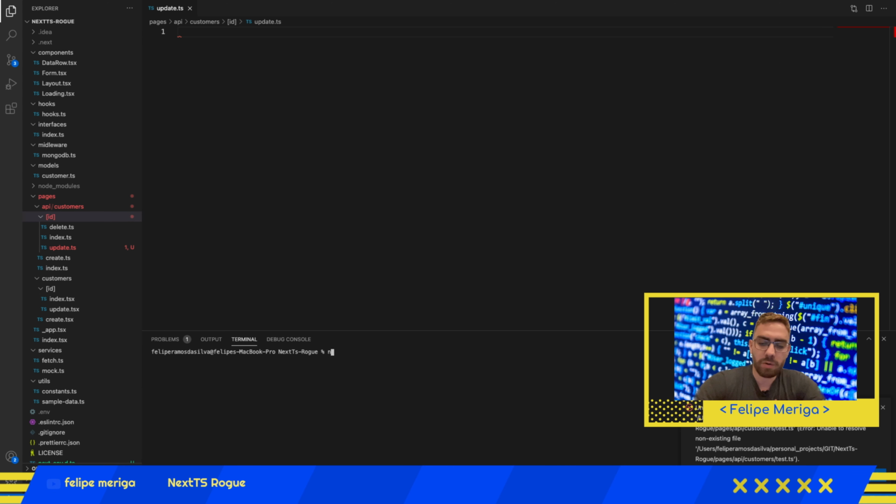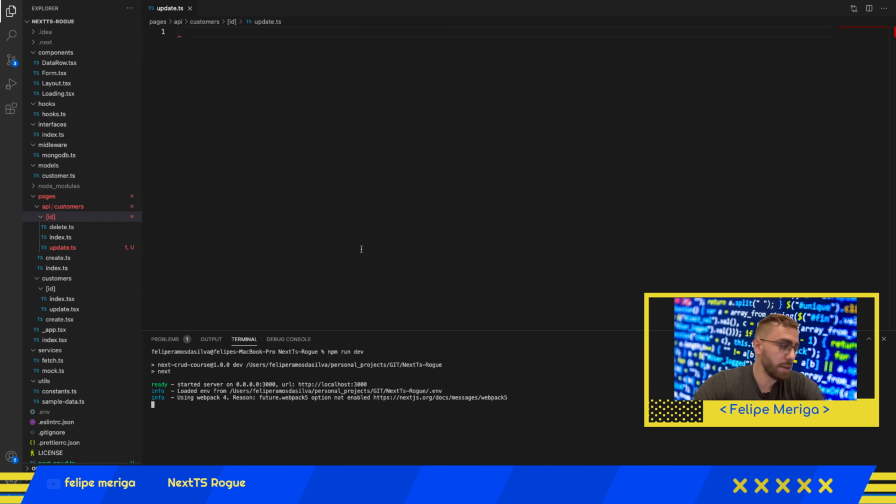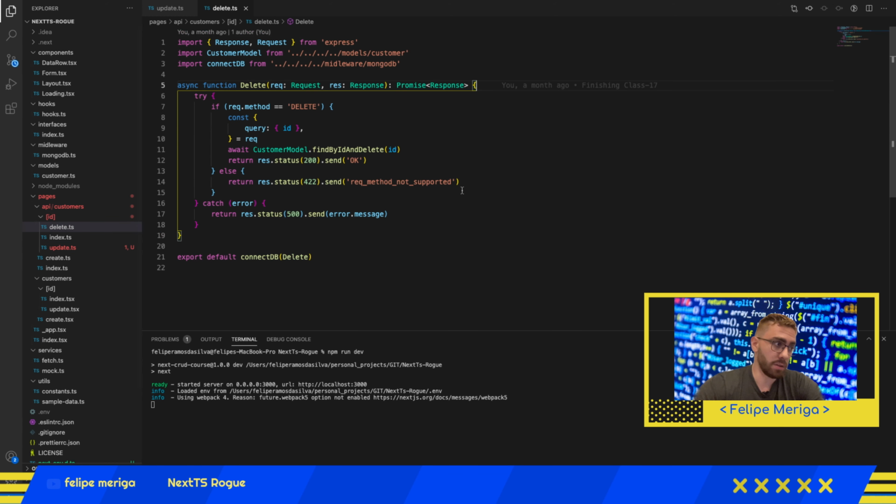And basically I will already run the project here just to make sure that we will not waste time when we run this again. So in update here, the first thing that we are going to do is check a little bit of the delete method. It will be basically the same handler. All the HTTP request handlers will be the same. Just the thing that will be inside the scope of the function will be different,